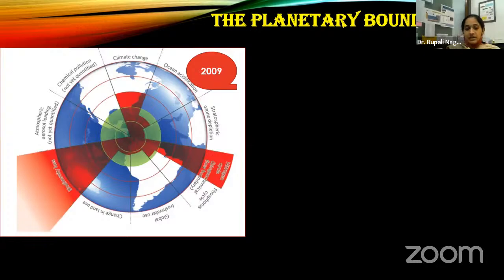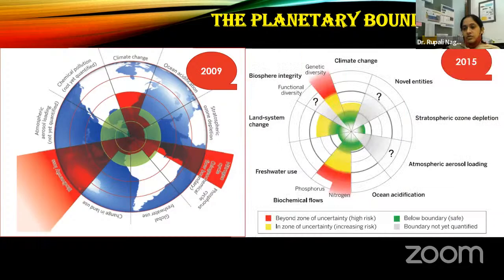The author and the team further took stock of the situation in 2015. And here you can see that we have gone from bad to worse. We have crossed the zone of the genetic diversity. The phosphorus and nitrogen cycles are also shown in red, which means that's beyond the zone of uncertainty and we are